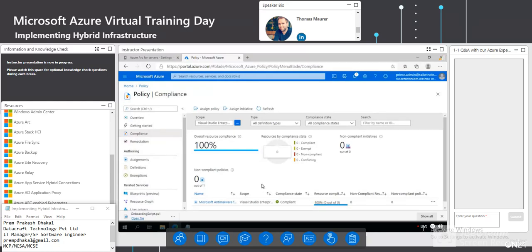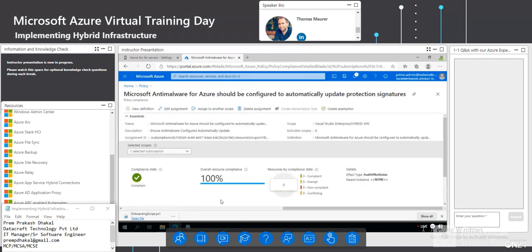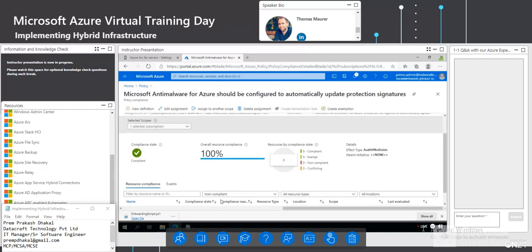And you can see here now it says compliant. So if I go to this policy assignment now, I can see here that for my Microsoft anti-malware for Azure should be configured to automatically update protection signatures is working. And I can obviously then see all my compliant resources. I can see if I have non-compliant resources, I can also list those, and I can actually figure out, okay, how many resources are actually not working. I can then go out and see why are they not configured the right way, and then actually take action